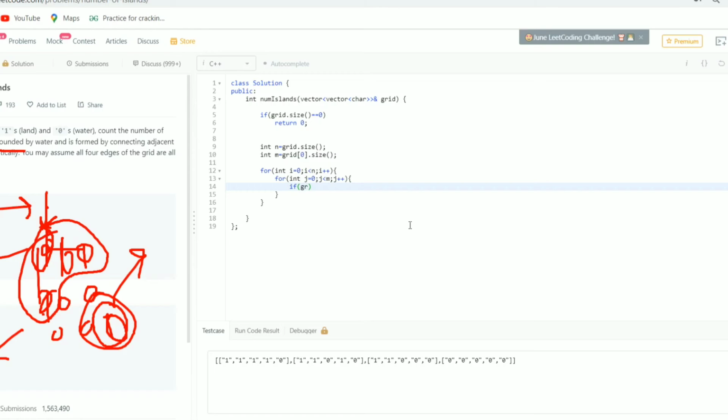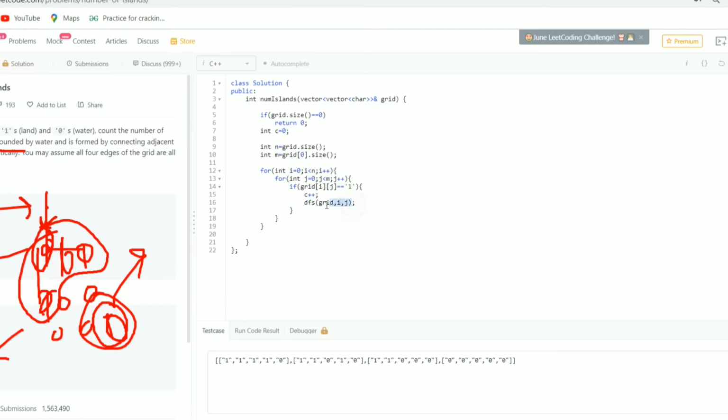So if grid I and j is 1, we need to increase our count and call DFS at the location I comma j. This C variable will be my output and it will contain the number of islands available in the input grid.